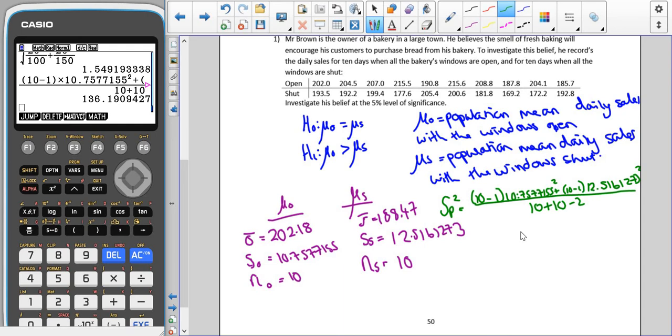And that gives us an SP squared of 136.1909427. And again, because I'm going to be using this in a future calculation, I have written the whole thing